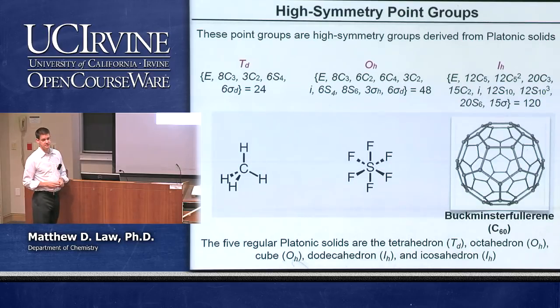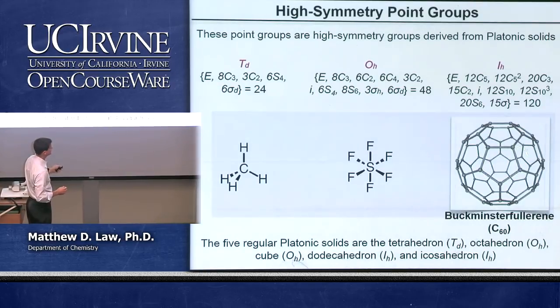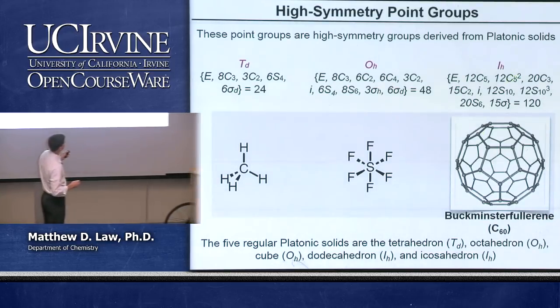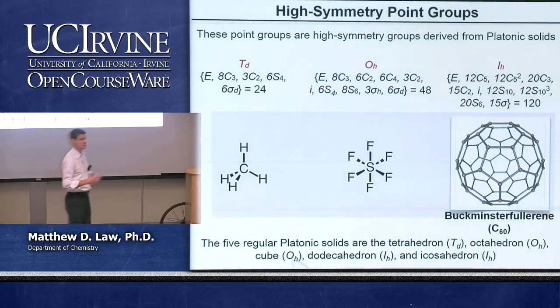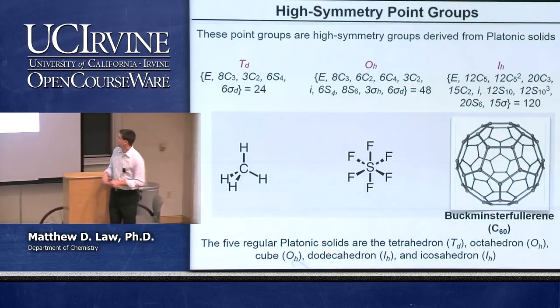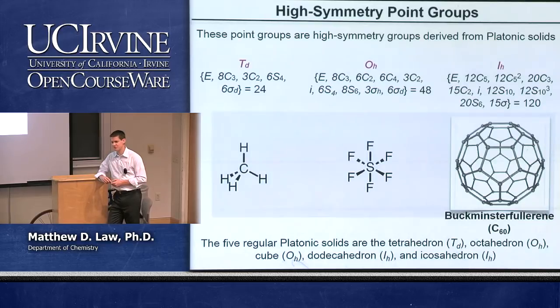Icosahedral has 120 operations. That's the most symmetry operations for any point group. This is an example of an icosahedral symmetric object. This is Buckminsterfullerene, which is carbon 60, 60 carbon atoms arranged in a cage that looks like a soccer ball. You have pentagonal symmetry, so you can see this pentagon here. There are also hexagons in this particular object. But the characteristic feature of the symmetry is that you have C5 axes and you have a ton of them. 6 different C5 axes, I believe. It would be brutal, and we're not going to list and visualize all those different operations, but there you have it. Those are the possibilities.